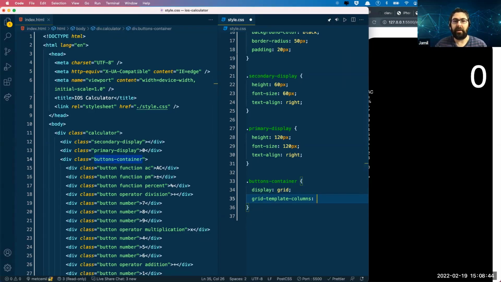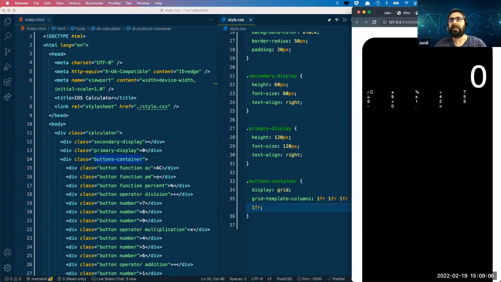What you can do is, if you remember, use the fraction unit, like you can say 1FR, 1FR, 1FR, 1FR, 1FR 5 times, which creates 1, 2, 3, 4, 5 columns. As you can see here, it automatically creates 5 equal columns,